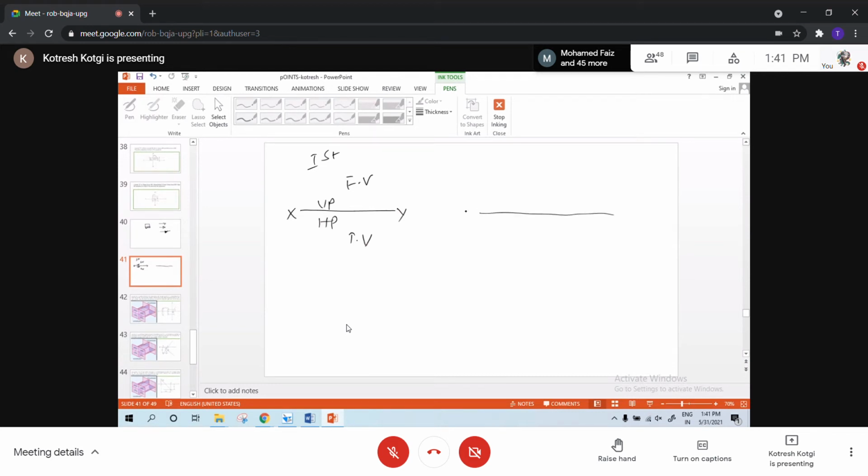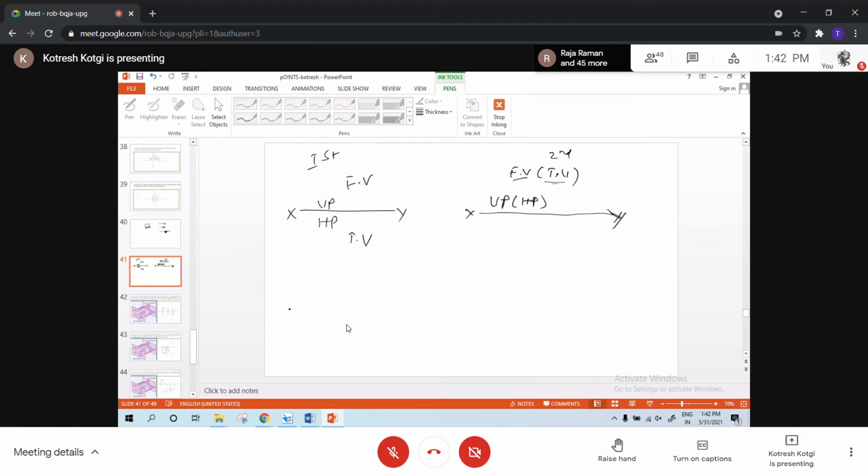Second quadrant, XY. Both will come above the XY line. VP, in bracket HP. Am I right? Then VP front view and in bracket top view accordingly. If the point is equidistant, the same point will represent both front view and top view in the second quadrant above the XY line. In that case, how to show it? Front view and then in bracket top view because HP is in bracket. That is the second quadrant.